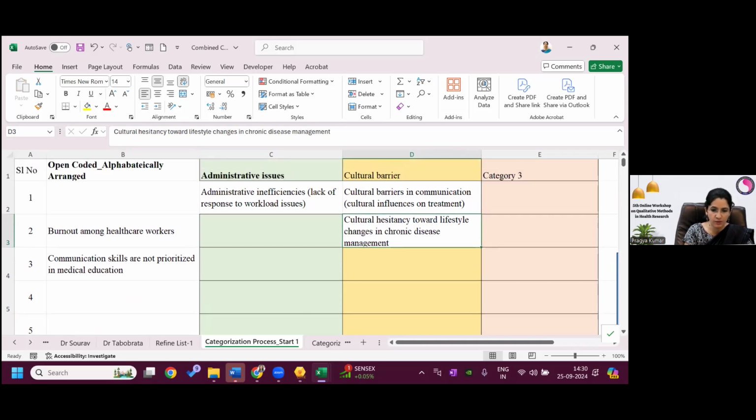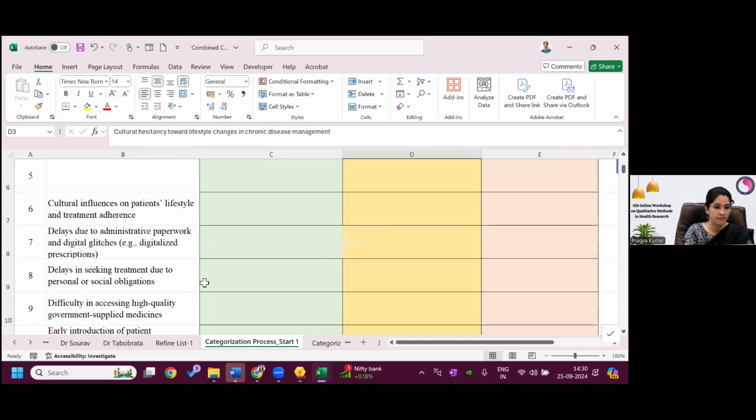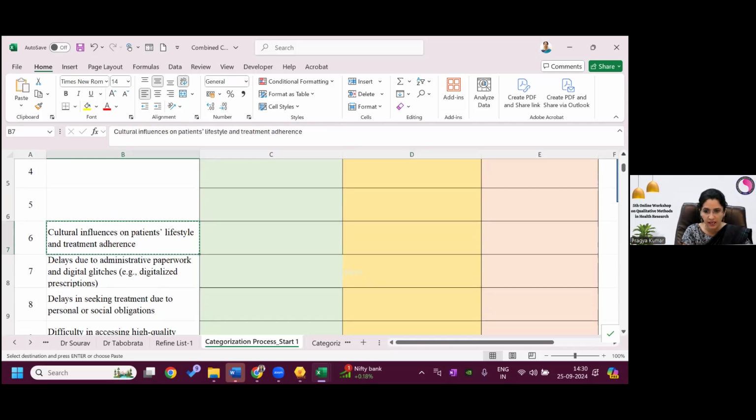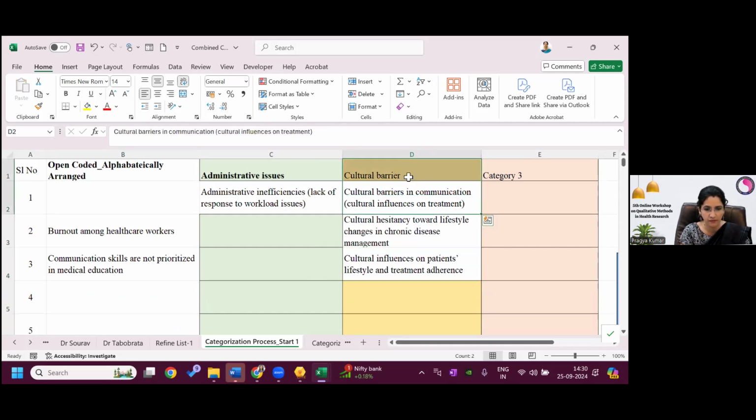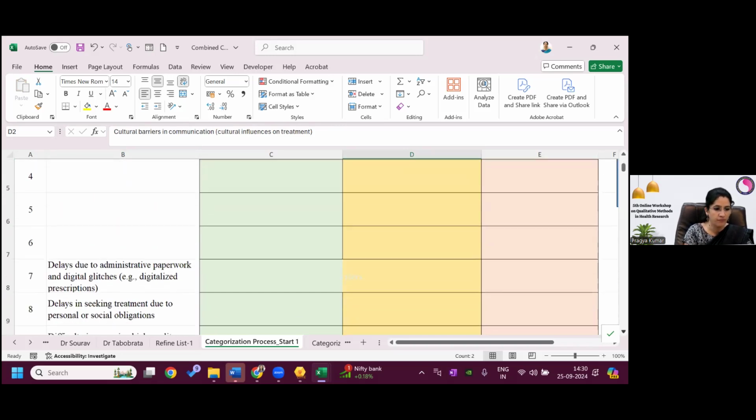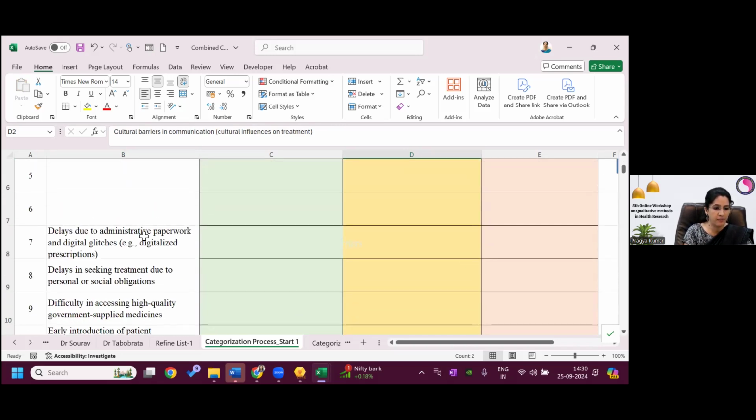And again, cultural influences, so again I'll cut this and paste this in the cultural influences. So these are probably the cultural barrier or cultural factors you can write.